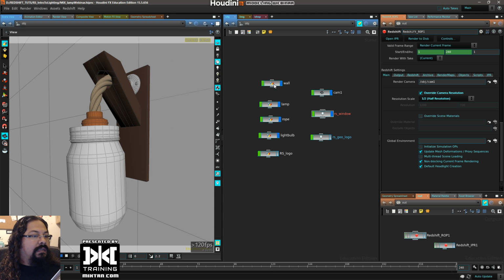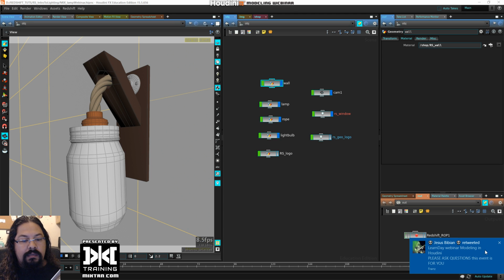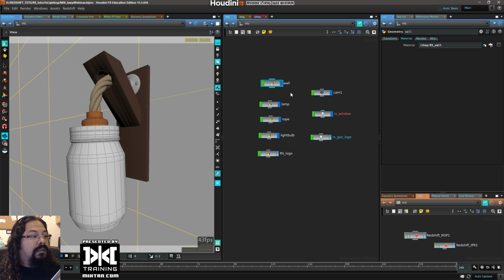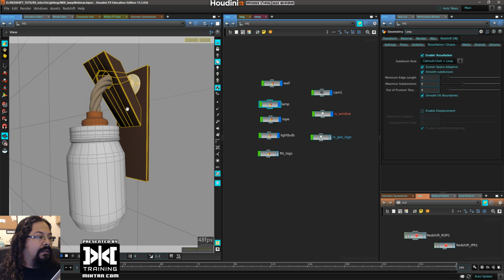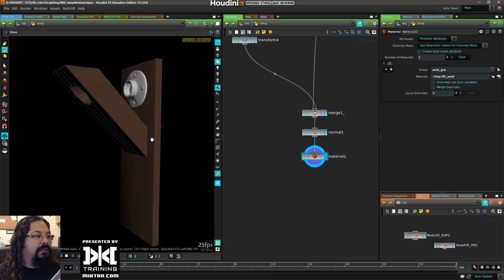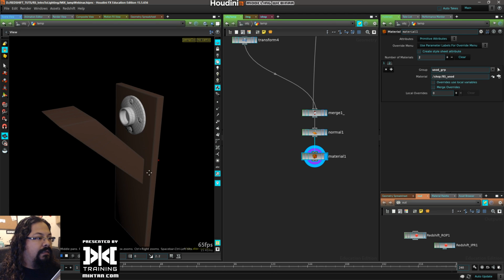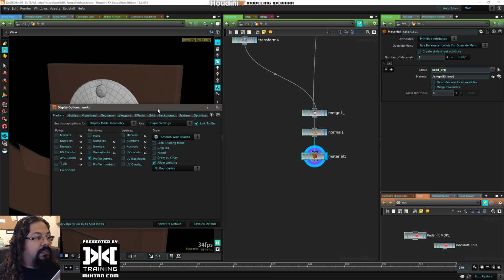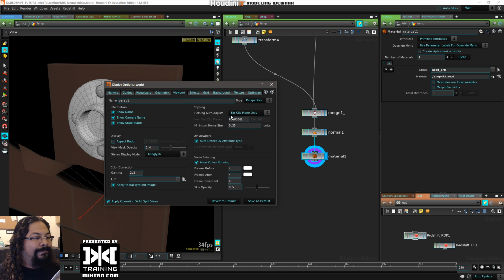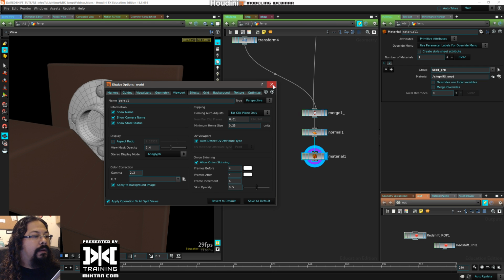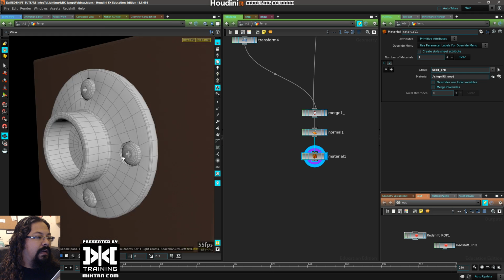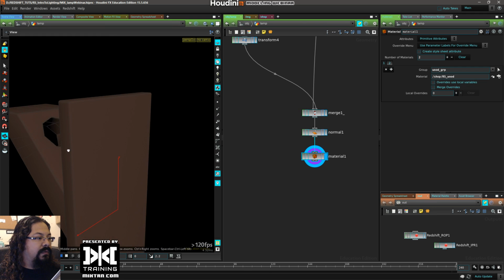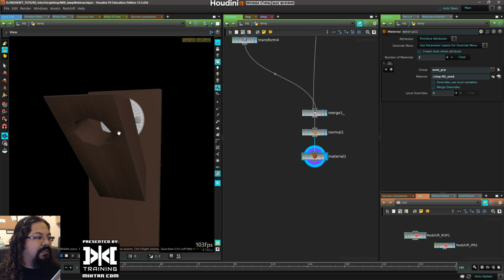All right, so you can see I have just a simple wall here. Then this is the main structure for the lamp. You can go inside here and you can see it's just a few pieces. Let me change the far clipping, something even smaller than that. So you can see I have this support here where the rope comes out of, and then this is just poly modeling,